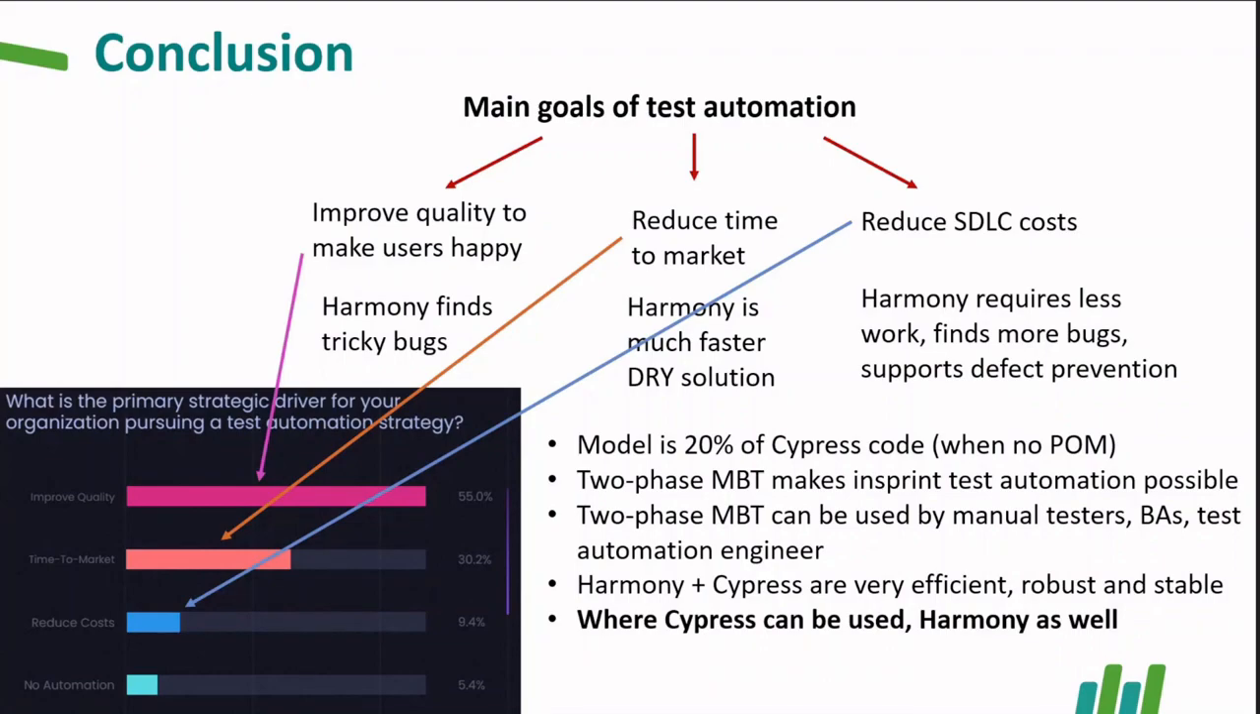Our experience is that currently the model, an average model, is about 20% of the Cypress code. If we are using a periodic model, then about 10%. Two-phase model-based testing makes in-sprint test automation really possible, and two-phase MBT